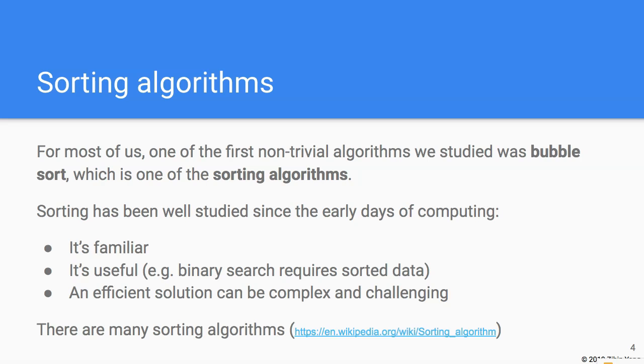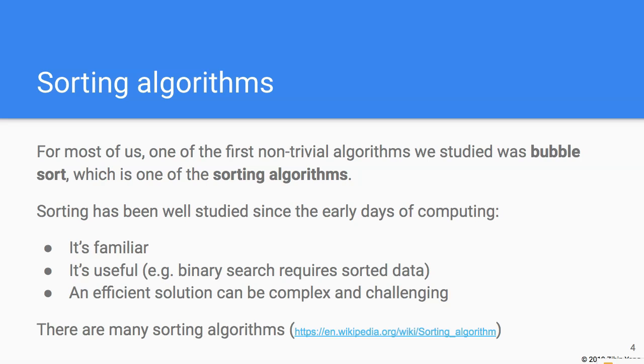Now, sorting has been very, very well studied from the very early days of computing, and for a number of reasons. First of all, it's a very familiar thing that we do, right? Even in our daily lives, we do a lot of sorting of non-computational things. And also, it's a very useful process. That's why we do so much of it in our lives, as well as in coding. For example, we've also studied binary search, and binary search requires that the thing we search through is sorted. And then finally, despite its